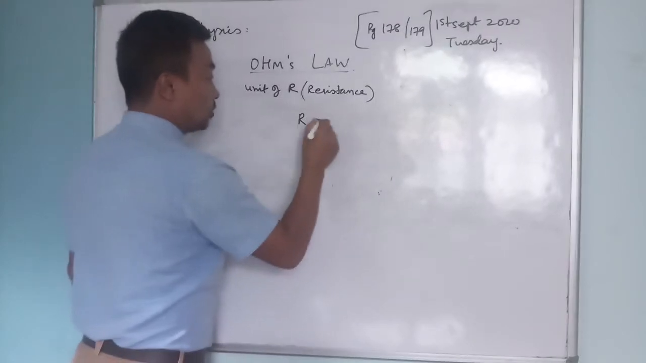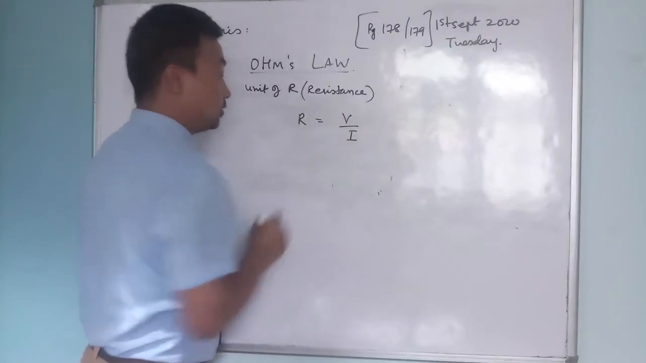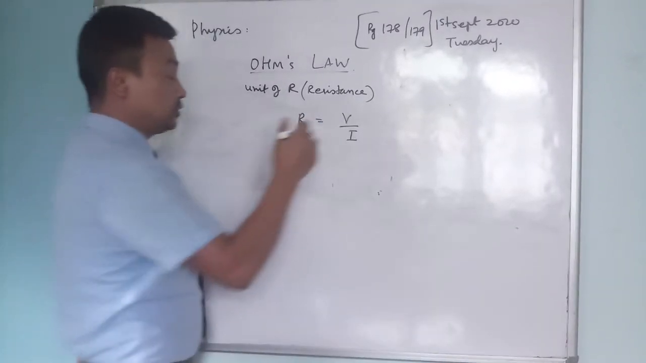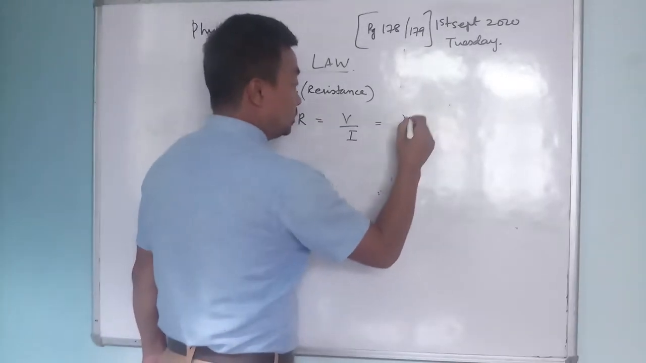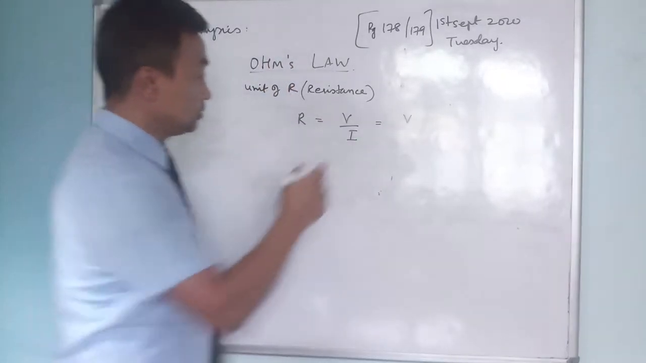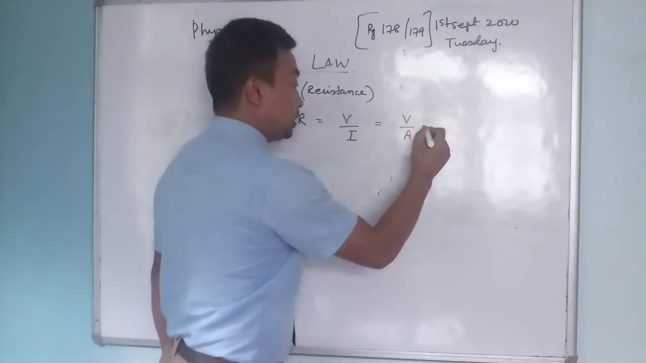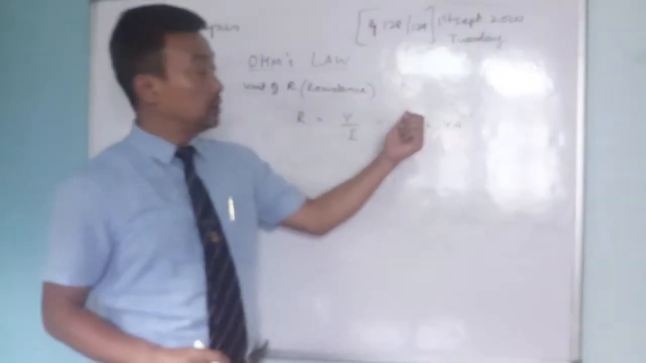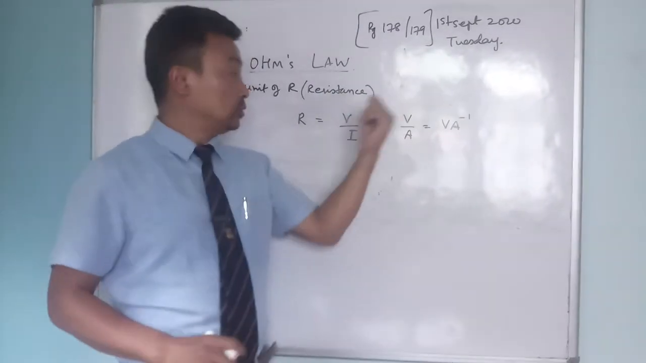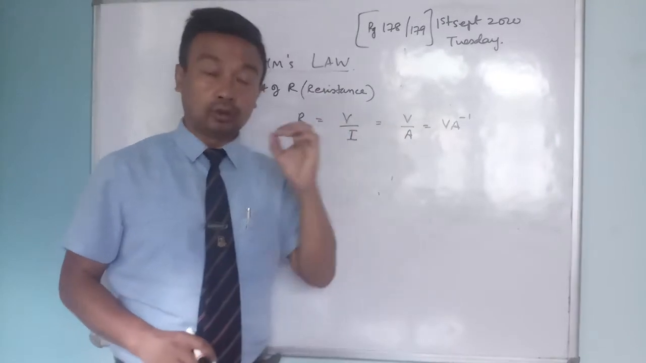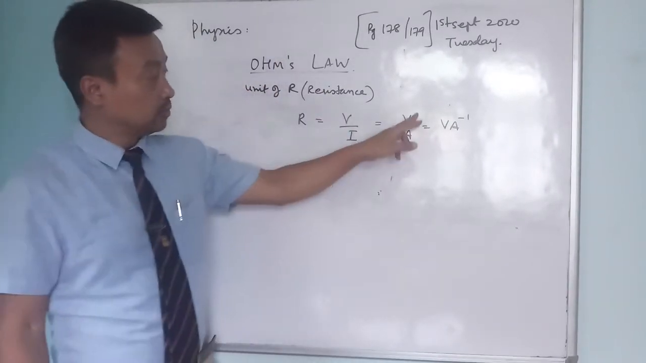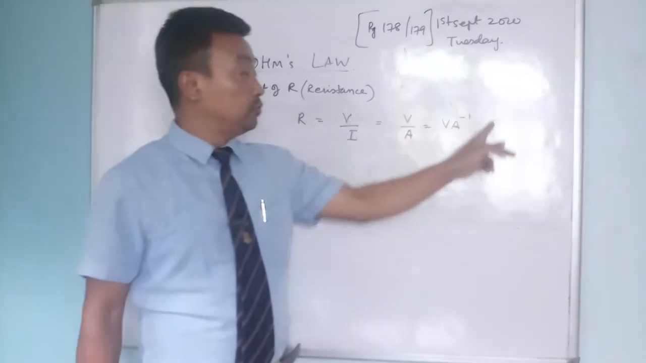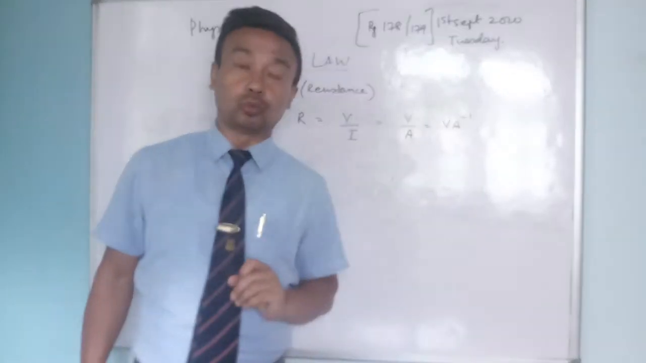We have just learned from the formula. The formula of the resistance according to Ohm's law is V upon I, and we know that V is volt, and the current is ampere, so we can write volt ampere to the power minus 1. This V and V are the same, do not be confused. V is the unit of the potential difference, which is volt, and A is the unit of the current, which is ampere. So V A to the power minus 1 is the